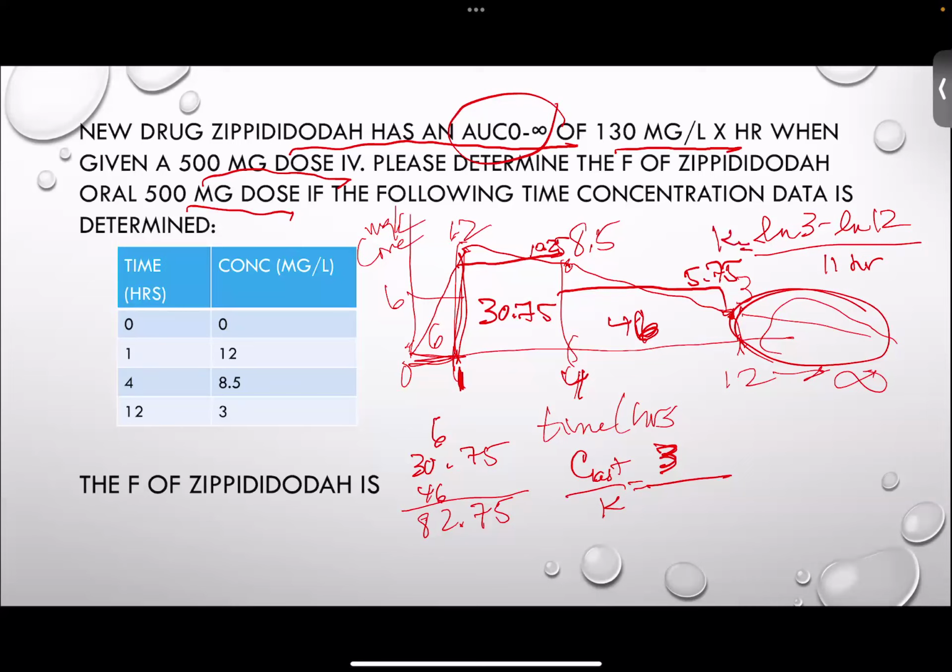So I got a K of 0.126. Take the absolute value of that and then put that in the denominator. So I got 23.8. So we're going to add 23.8 to our other piece there. And I got